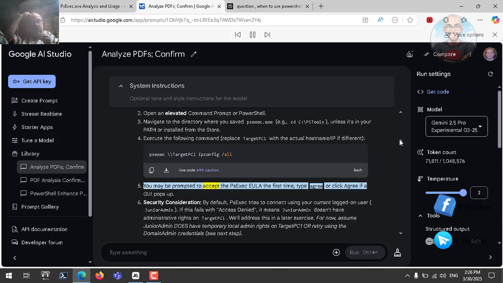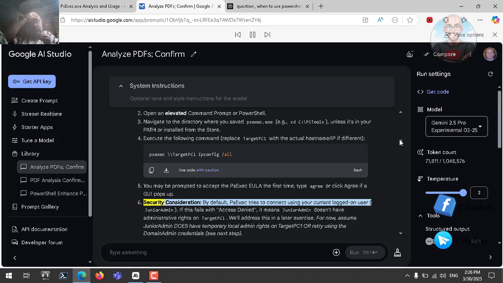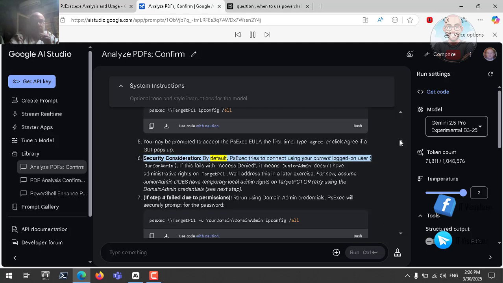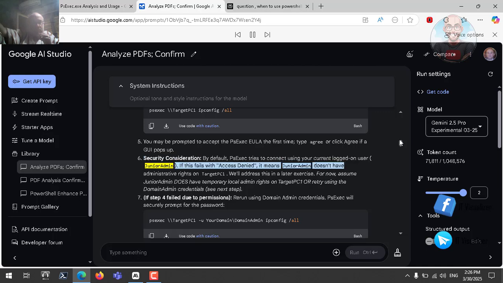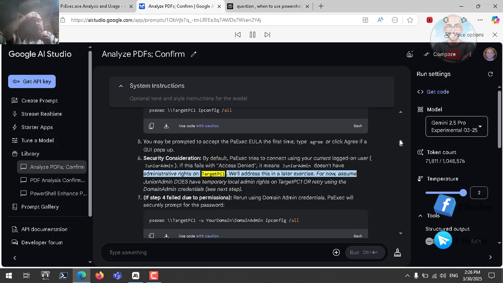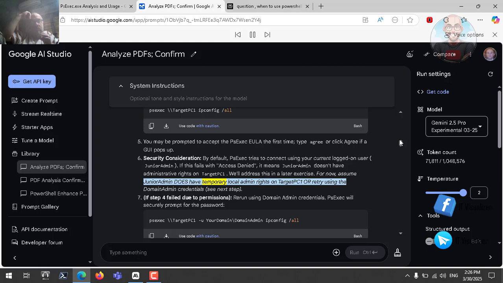You may be prompted to accept the PsExec EULA the first time. Type agree or click Agree if a GUI pops up. Security consideration. By default, PsExec tries to connect using your current logged-on user, Junior Admin. If this fails with access denied, it means Junior Admin doesn't have administrative rights on Target PC1. We'll address this in a later exercise. For now, assume Junior Admin does have temporary local admin rights on Target PC1, or retry using the domain admin